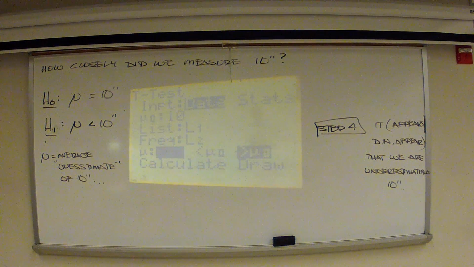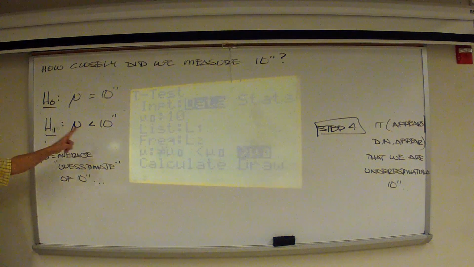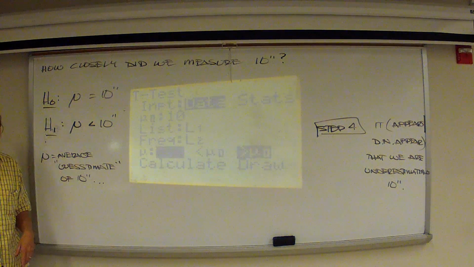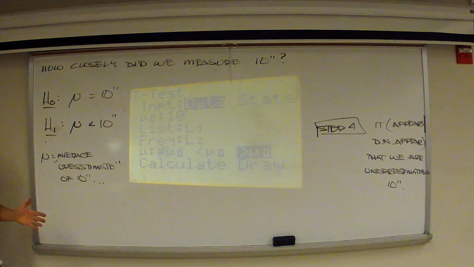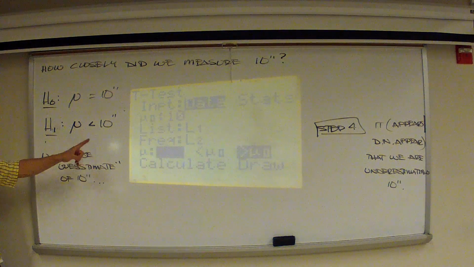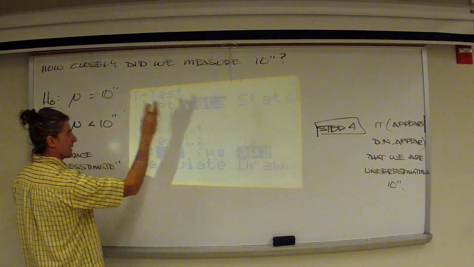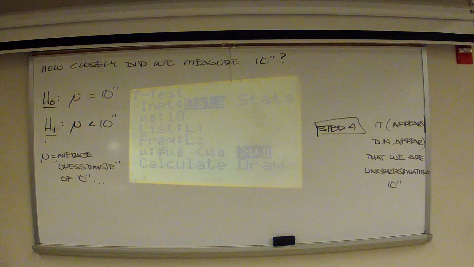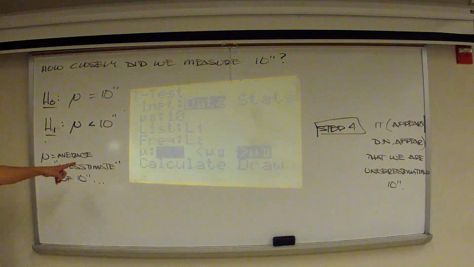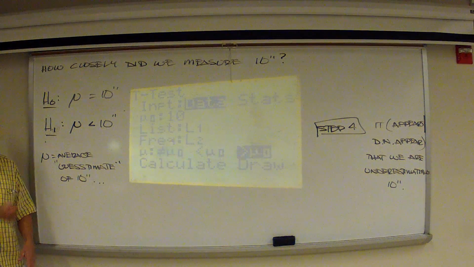And once again, here's the sign conundrum that we're in. Whatever sign you've written in your research hypothesis, that's the sign you pull down here. You can ignore everything else on that line. In my opinion, that's the easiest way to do it. That's why I make you write it down. All you have to do is look at your research hypothesis and go, oh, it's that one. Don't worry that there's a mu naught over there and a mu over here. Just match the sign up.